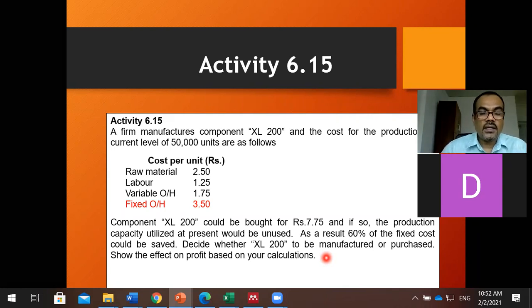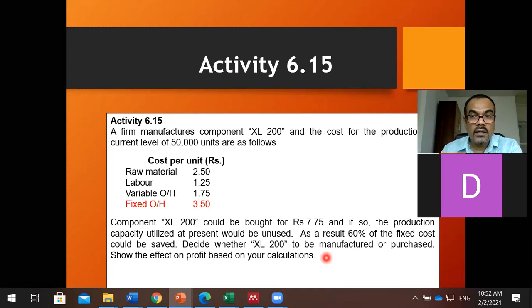How are you going to check it? You check costs and benefits. What are the benefits? If you stop this and go for buying, you can save 60% of the fixed cost. Calculate the 60% of the fixed cost mentally. I'll give you 1 minute. And what is the benefit? Sorry, that is the benefit. What is the cost? The cost would be the amount that you are going to pay,